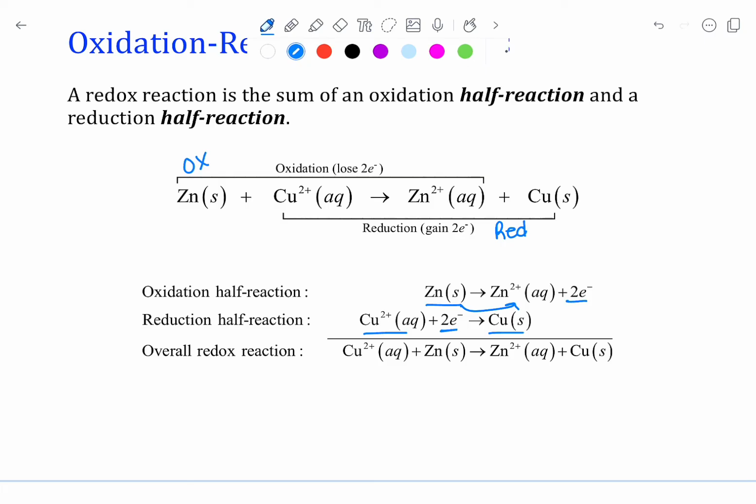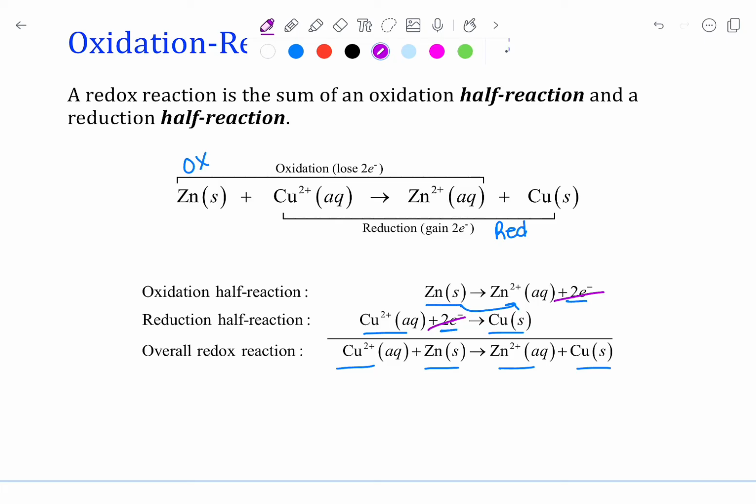So we can then add those 2 half reactions together to get the overall redox reaction, which is copper aqueous and zinc solid turns into zinc aqueous and copper solid, which is the example we saw on the previous slide. When we do this, we see that those electrons that are being transferred cancel out, just like our ionic equations. Anything that's the same on both sides of those arrows is going to